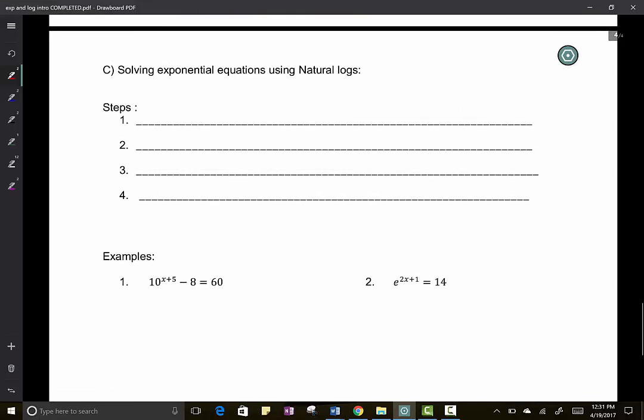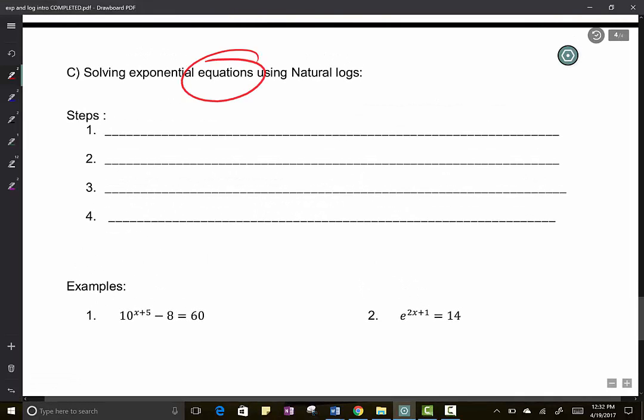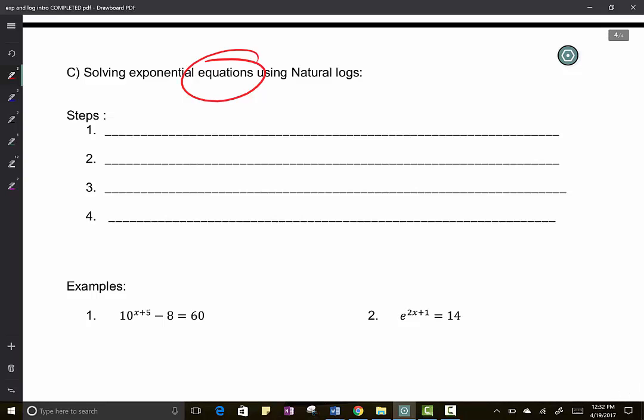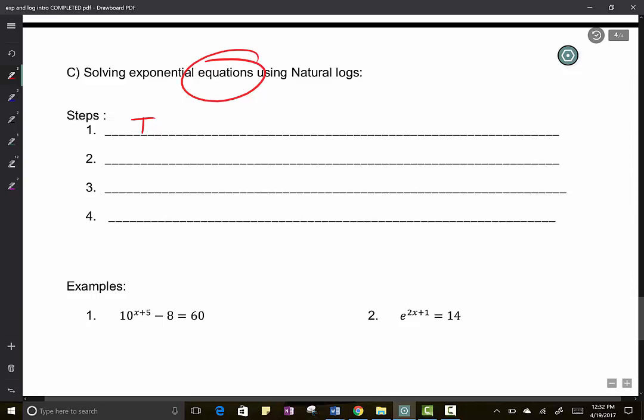The last thing that we have to do is solve natural log and exponential equations. We've yet to solve an equation. So here are the steps. Anytime you're solving something,